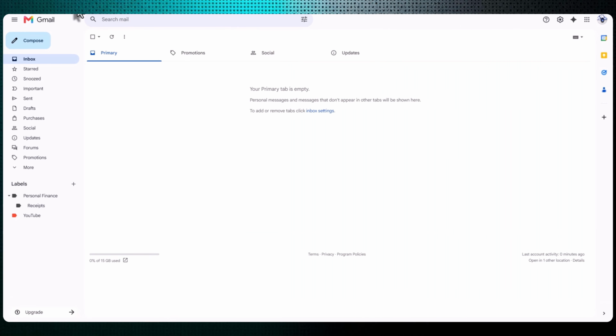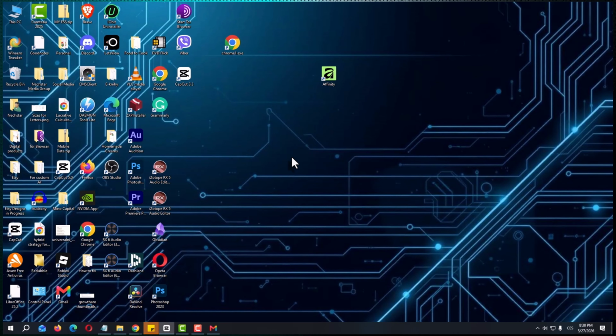Now, the important thing is that a shortcut icon has been automatically placed right onto your computer desktop. If we back out of this app and close everything down, you will see the Gmail icon right there on your desktop screen. In the future, whenever you want to check your messages, you can just double-click that desktop shortcut. It opens up instantly, bypassing the need to open Chrome and type the